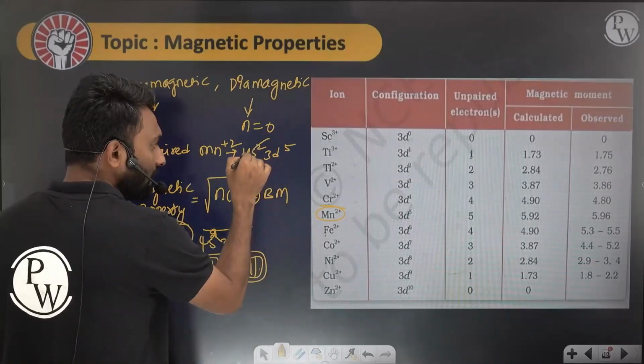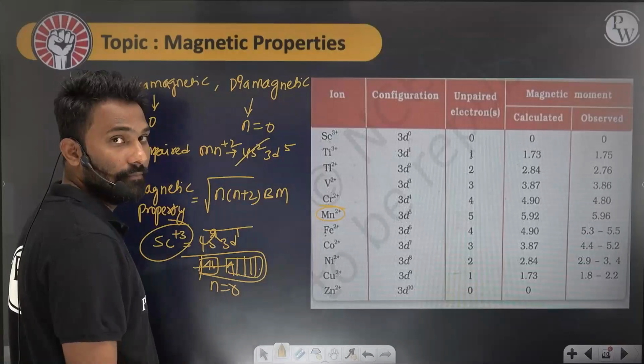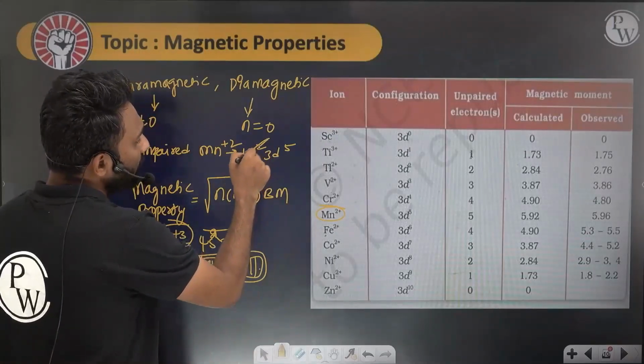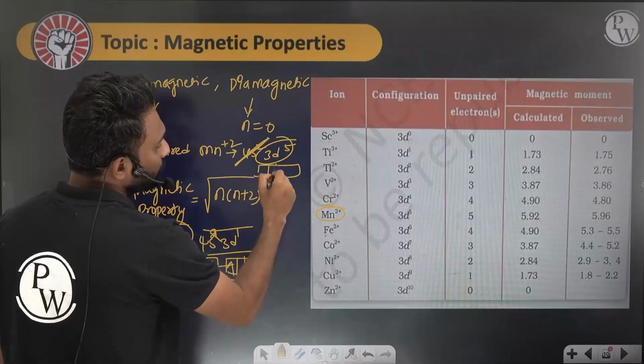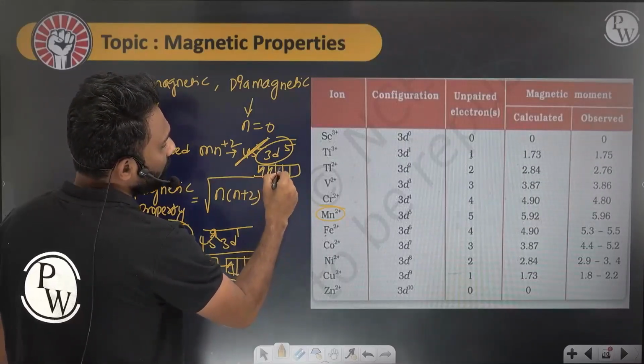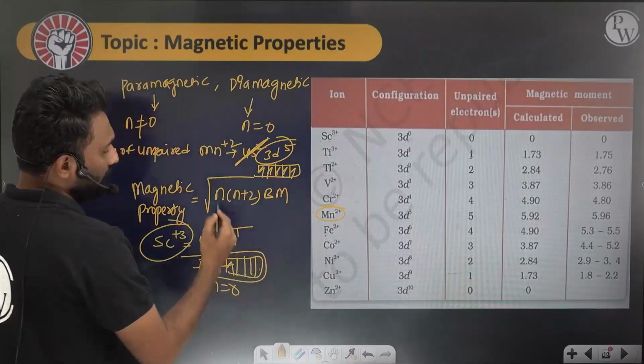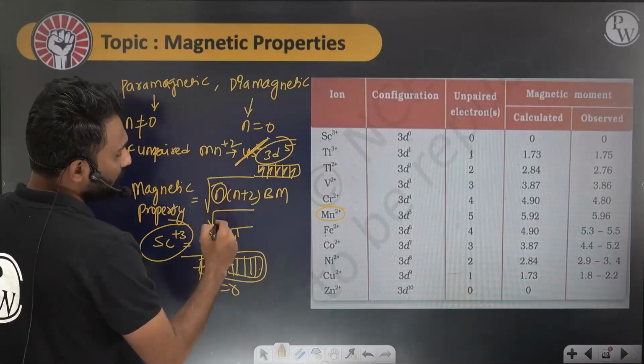We will remove the electron from the valency shell only. Now if you remove the electrons from the s orbital, the remaining unpaired electrons will be 5, here the n value is 5. Here n is the number of unpaired electrons, 5 into